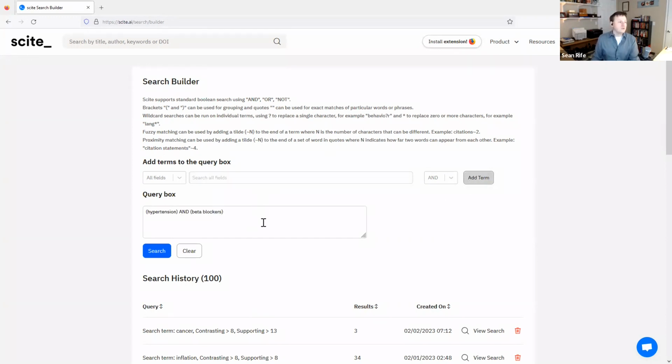But maybe I also want to add in age. I'll go ahead and just, oops, sorry, I clicked the wrong thing here. On a personal level, I am on beta blockers and I have hypertension and I'm getting older. So here we go, something of personal relevance.